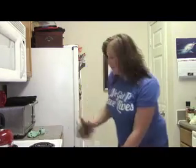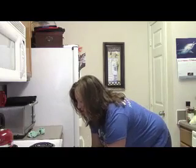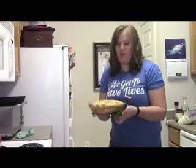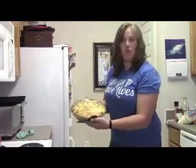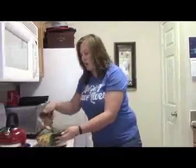Alright guys, so I just put the quiche in for another 5 minutes. It was still a little jello moving in the middle. Now you can see it's nice and golden. It's not really moving, it's firm. It's definitely cooked throughout. So the great thing is that this makes a great meal and breakfast for your family,